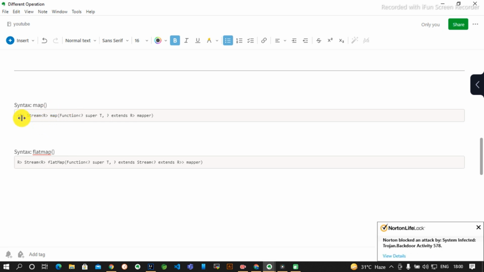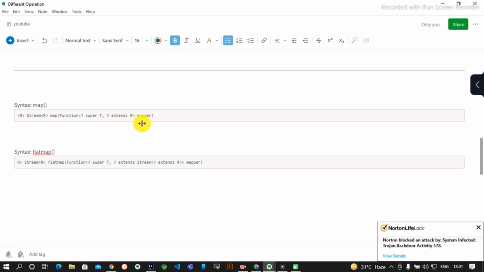If you notice here, R is the element that the stream usually holds. Just like when we write ArrayList in our day-to-day life, we use generics to hold a homogeneous type of element. You can think of it like this only. This R is the element that it is holding. Then comes the T part. Since Stream is an interface, T is the type of the stream elements. And at the end, mapper is